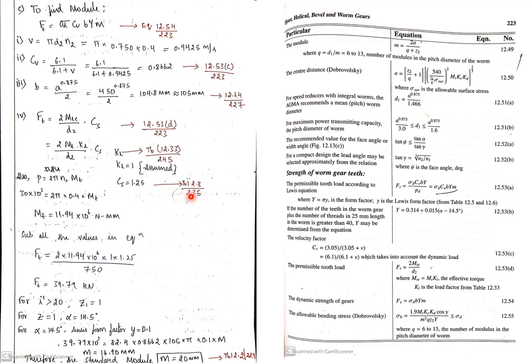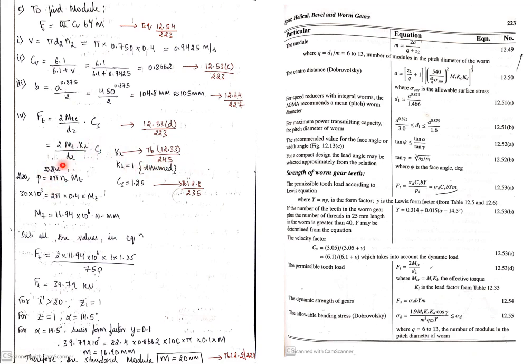You can go to page number 235. There you will get the service conditions. He has given the medium. So for intermittent hours of running, you can take it as 1.25. The very first column has it. Substitute back the KL value and assume KL as a stress factor of 1.